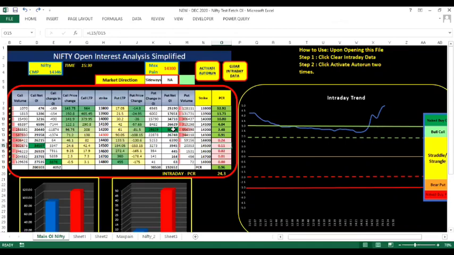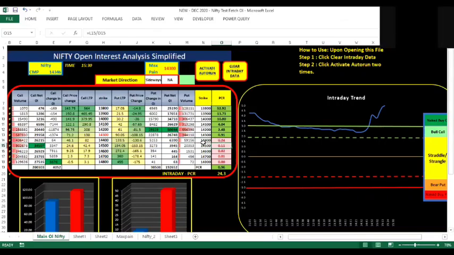So this is how a bird's eye view can be formed to ascertain where is the highest OI, where is the highest volume, and also to check what is the support and what is the possible resistance during this week. Now this data keeps on changing, but these changes are normally not very drastic. It does change because every day people are trading heavily, but it continuously gives you the possible market directions and the levels.